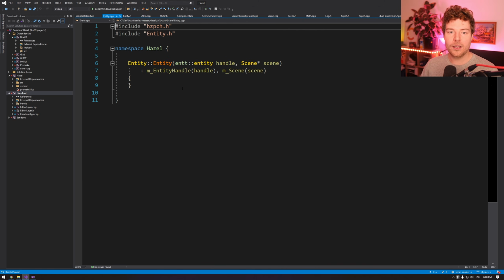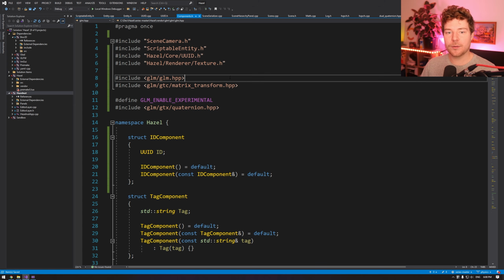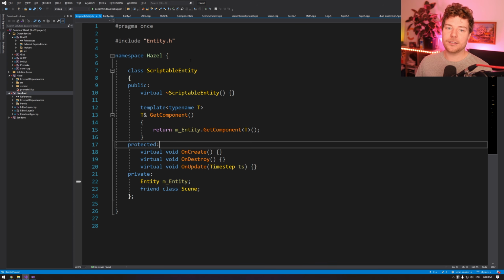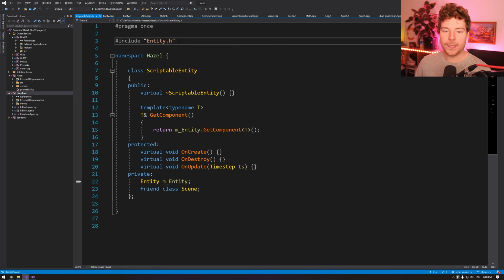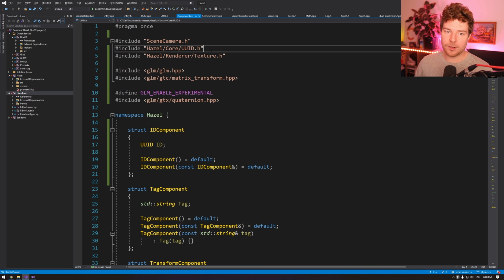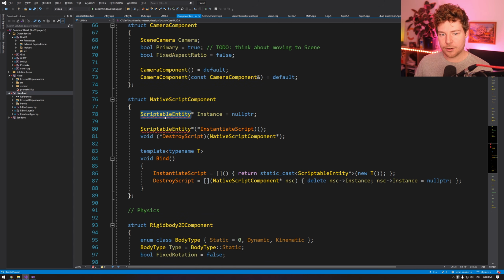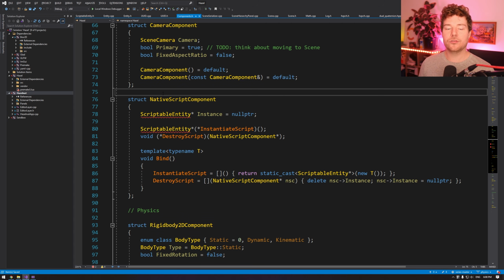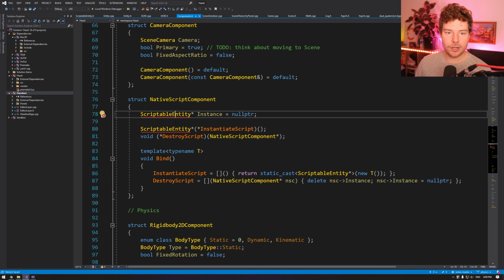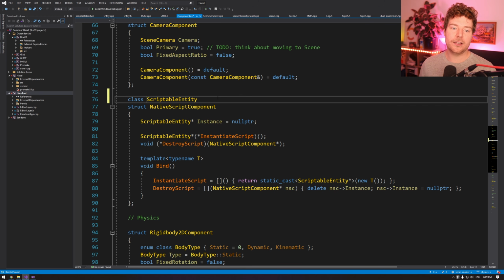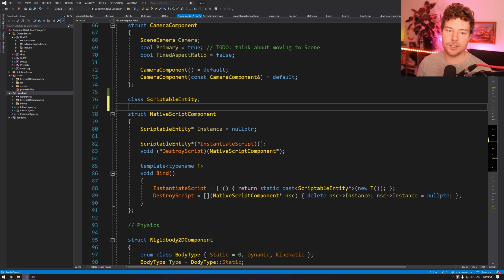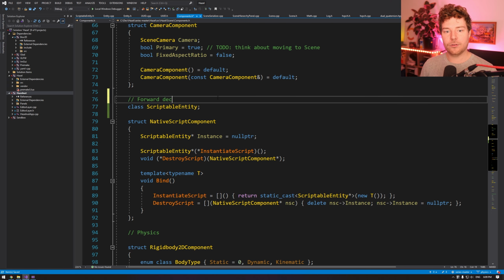So how do we fix it? Well, components shouldn't be including entity. A component generally doesn't know about entities. However, you can see scriptable entity is the culprit because scriptable entity includes entity. So what I'm going to do is not include scriptable entity here. We use it over here, but I'm just going to make a forward declaration for it, because you can see the scriptable entity is just a pointer anyway. So we can just define it like this, and then actually include the scriptable entity class when that pointer needs to be used. So I'll just do a little forward declaration